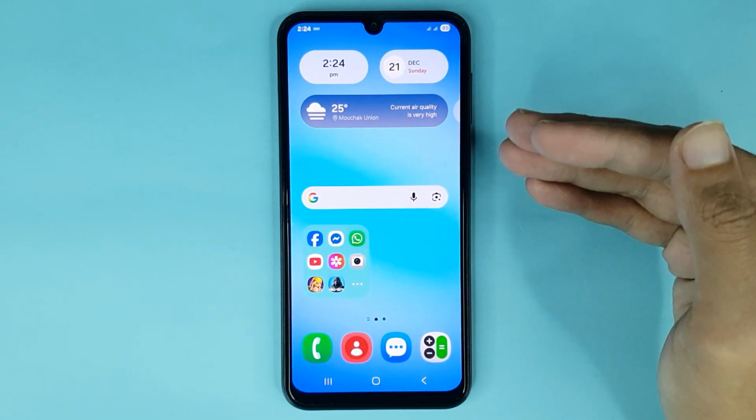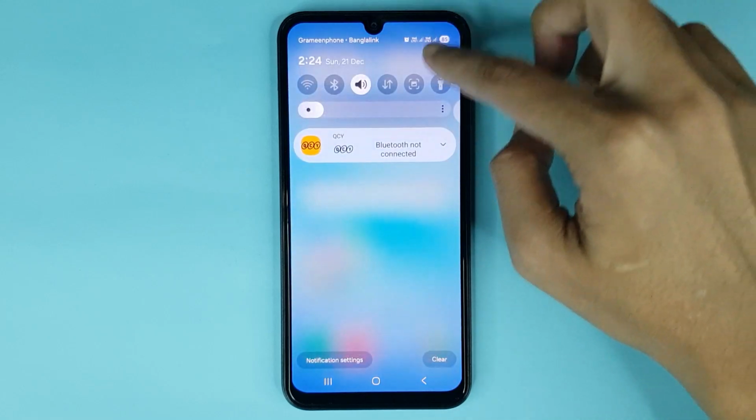In today's video I'm going to show you how to add emergency contacts in your Samsung Galaxy A17 phone. Now the first thing you have to do is swipe from top to bottom and then